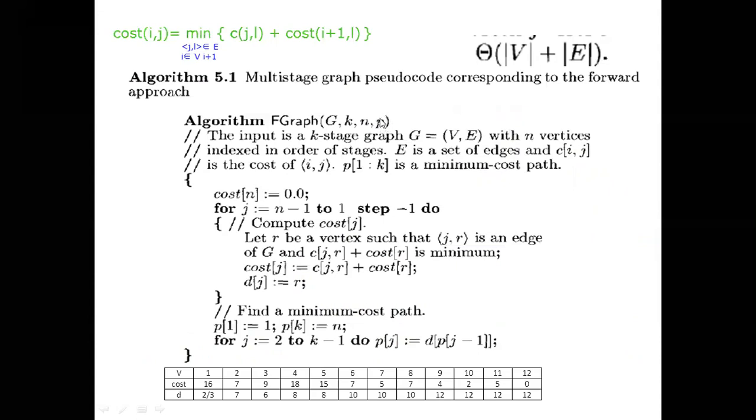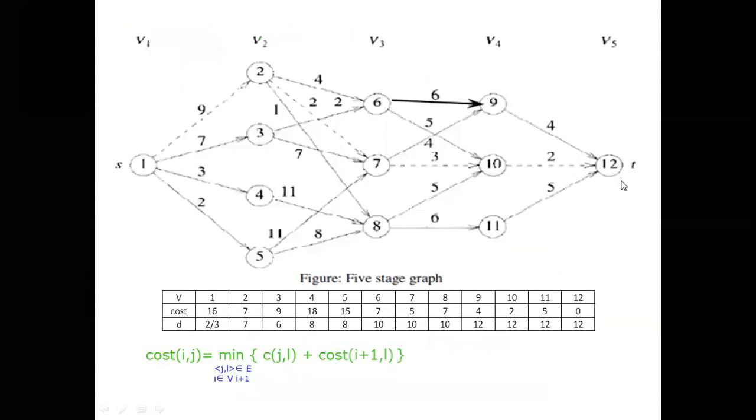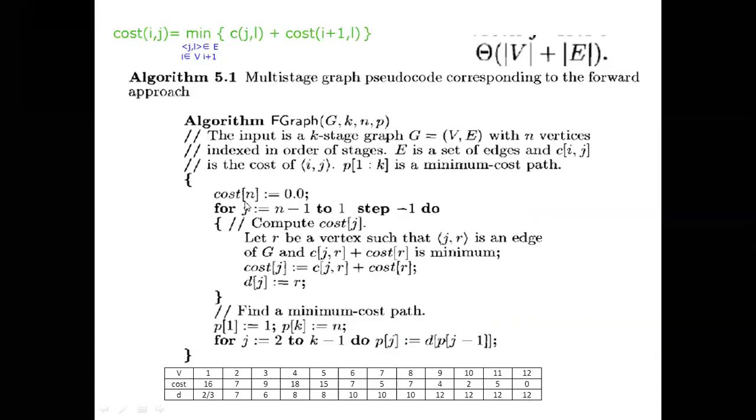P is the shortest path storing variable. P is actually an array. You can see here, P is an array. Right? Now you see here. What is the first step we did here? First step we calculated for 12. Right? Started with 12. Directly we can make it 0. Why? 12 to 12 is 0. Correct? That is why cost of n. What is the n value? It is 12. Cost of 12 is 0. That is the first step.